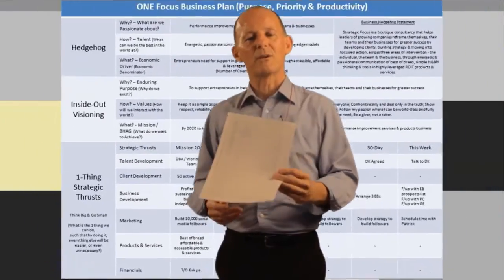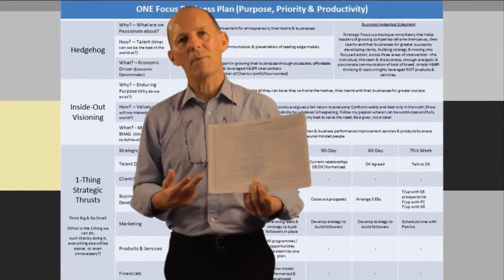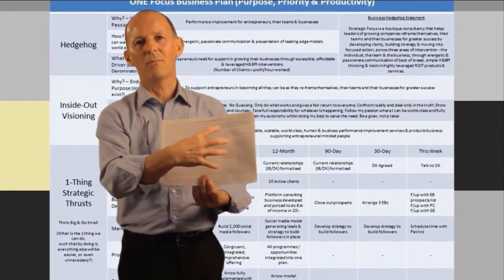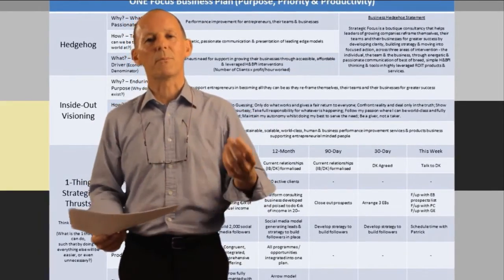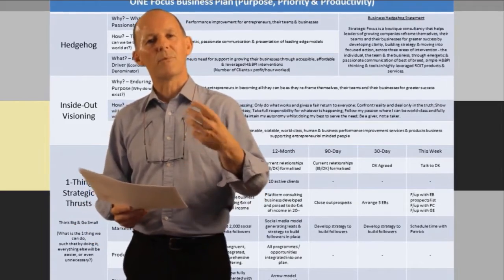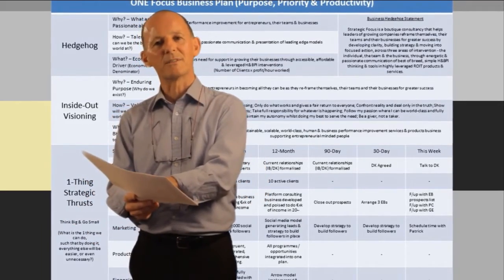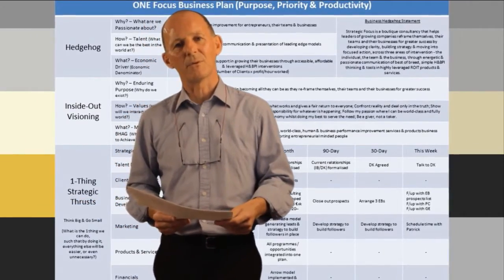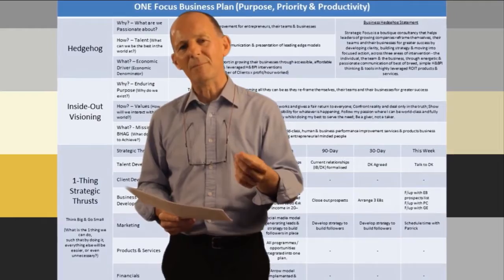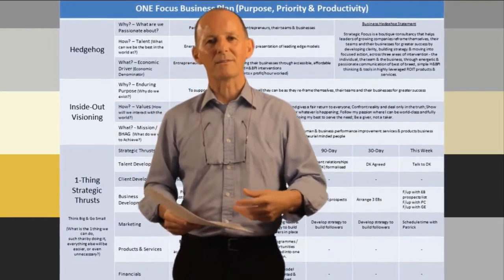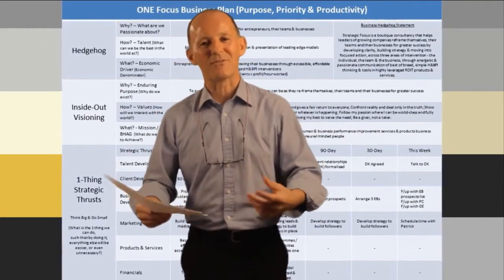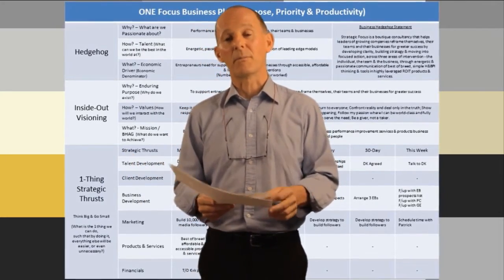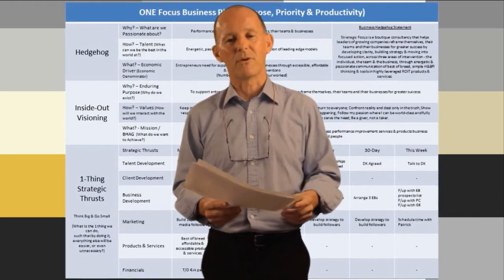So what you end up there is with a very, very simple model, a 1-page model, where all your strategic thinking, all your focus and attention is on 1 page, and the context. So you've moved from purpose through priorities, right down to productivity. And then if you adopt my case in the last video where I talked about a weekly meeting, a weekly review, and learning from that, and learning to fail, taking action, learning to fail, gathering information, updating and modifying your plan on an ongoing basis,